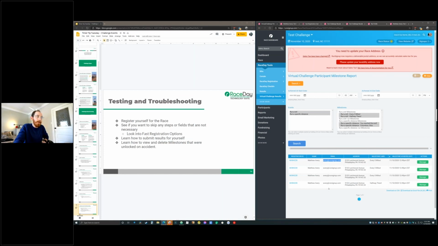We have some automated ways of doing that for the email, but for the shipping address, I think that's a really good way to encourage people to keep logging, is to say you're going to send them a special milestone badge, like an actual medal or something like that, for some big challenge. If you click manage here,